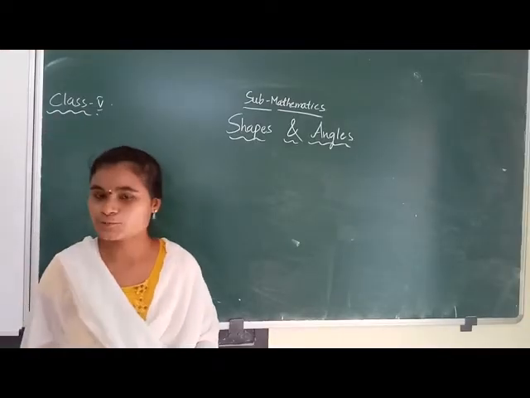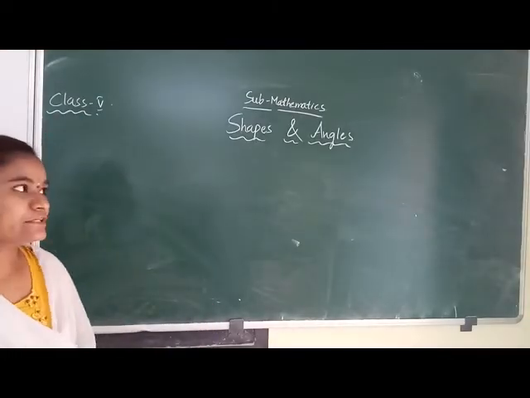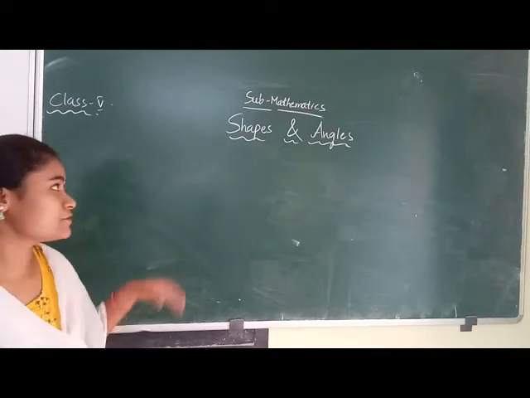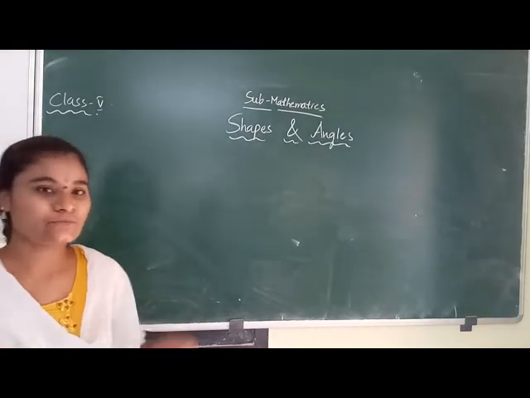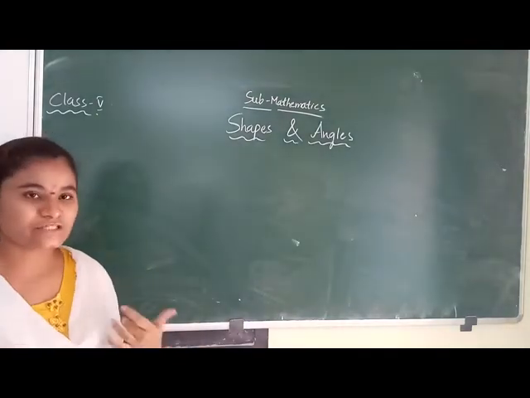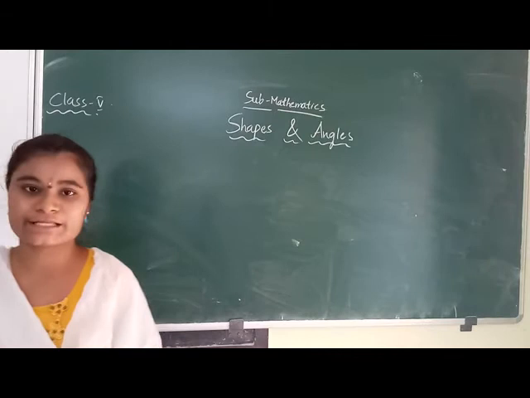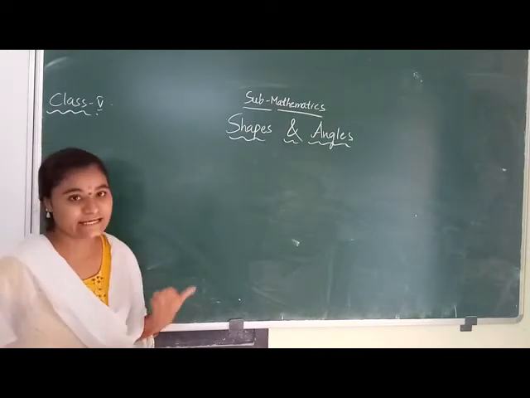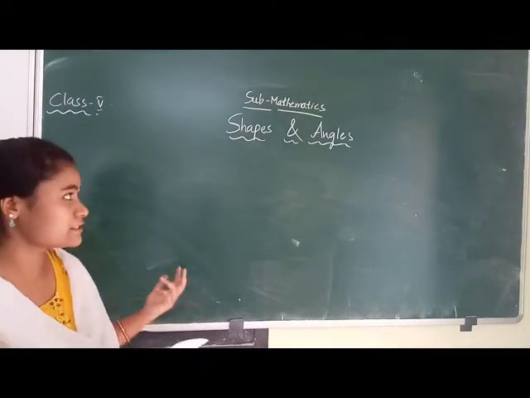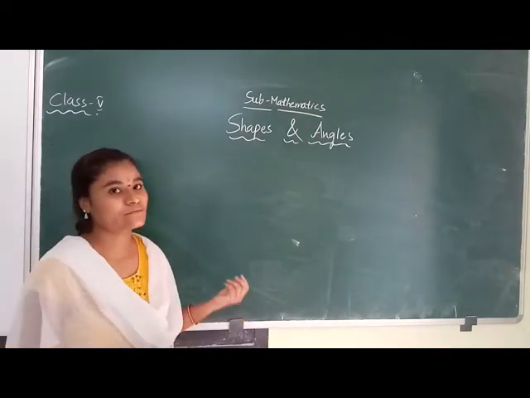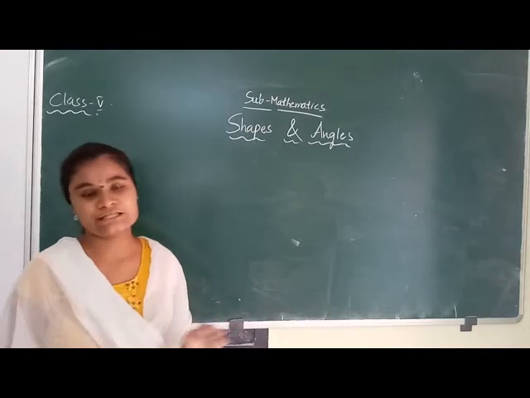Okay, ma'am. Good morning, my 5th class students. Already in the previous class we discussed the chapter shapes and angles, right? Already we learned about shapes, 2D shapes and 3D shapes and examples of 2D and 3D shapes, and angles, right, right angle, acute angle, obtuse angle. Radius, diameter, shadows, tangram. Already we discussed these topics.